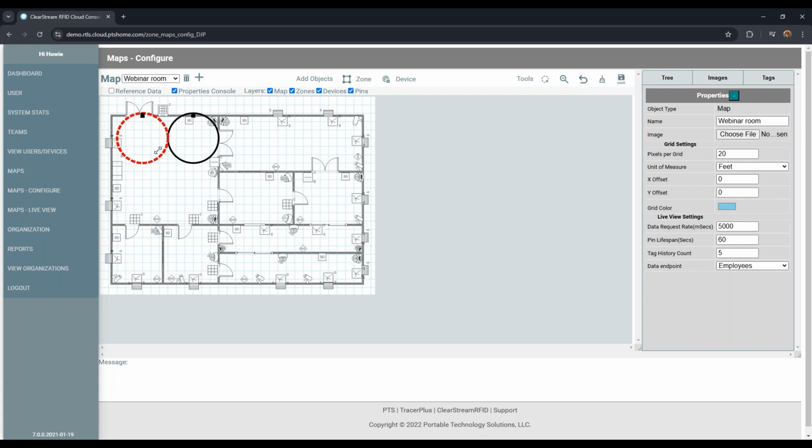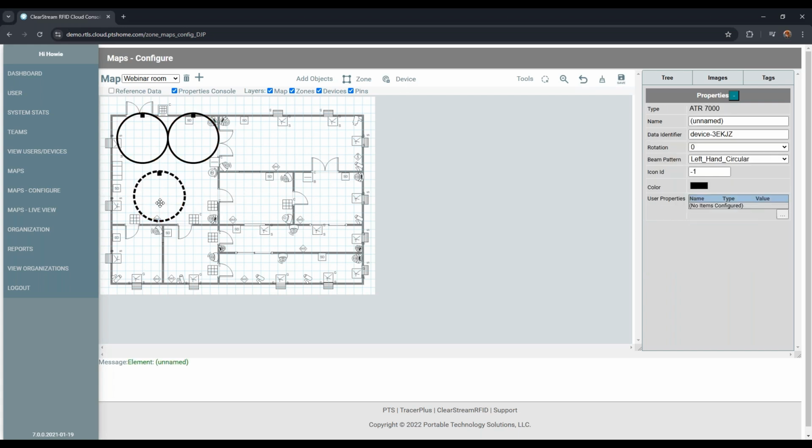the performance in your environment, because our intention here is to have this also as a trialable application or product, so that you can see the performance of an ATR in your environment and get up and running with capturing that location data very quickly. So really you're just dragging and dropping, maybe expanding the coverage area of the ATR based on how high your ceiling is or how high the ATR is mounted. You're changing the size of these based on whatever testing you've seen in your environment,